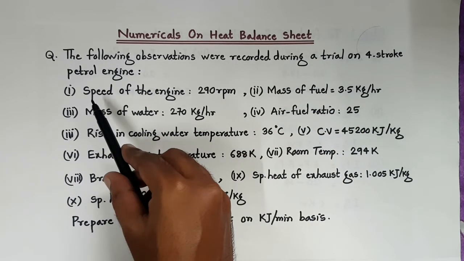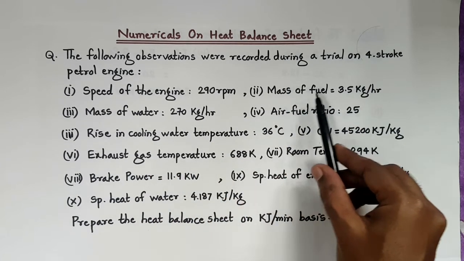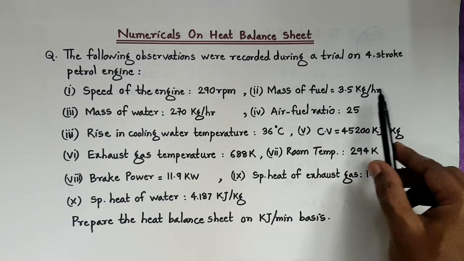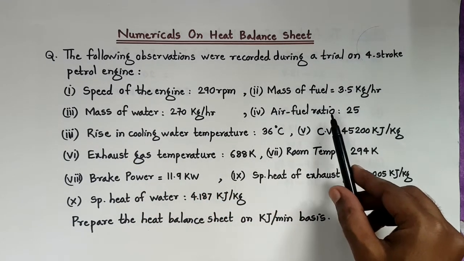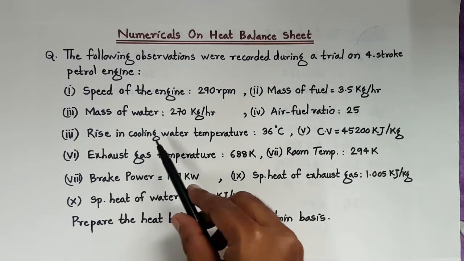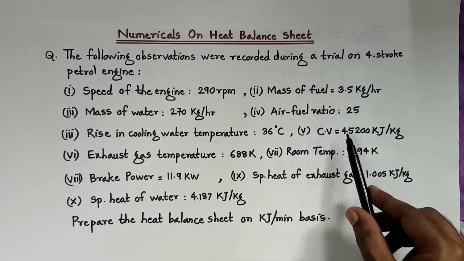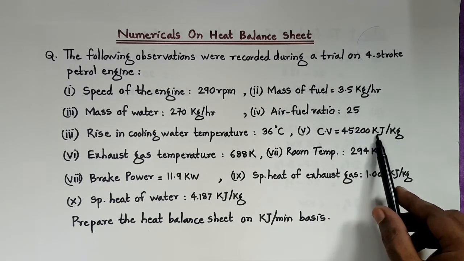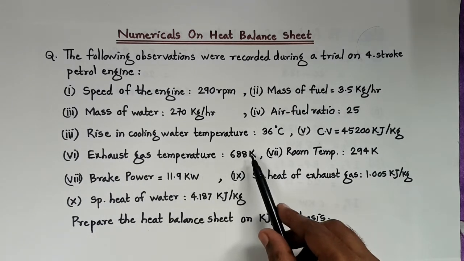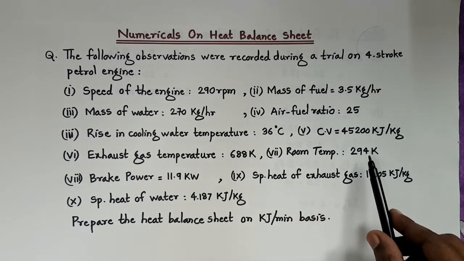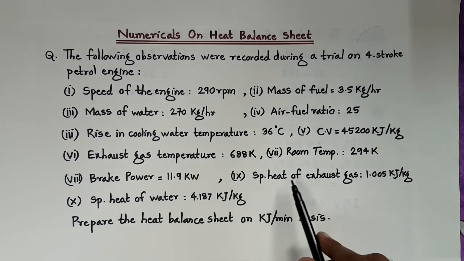Speed of engine 290 rpm, mass of fuel 3.5 kg per hour, mass of water 270 kg per hour, air fuel ratio 25, rise in cooling water temperature 36 degrees centigrade, calorific value of fuel 45,200 kilojoule per kg, exhaust gas temperature 688 Kelvin, room temperature 294 Kelvin, brake power 11.9 kilowatt, specific heat of